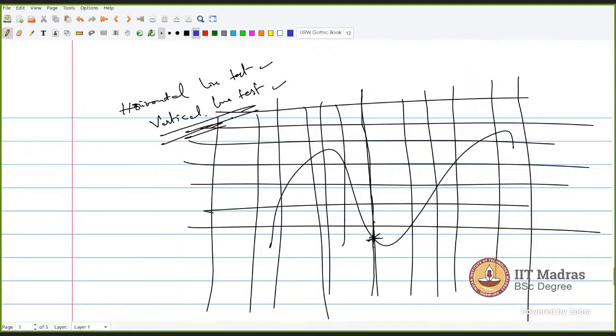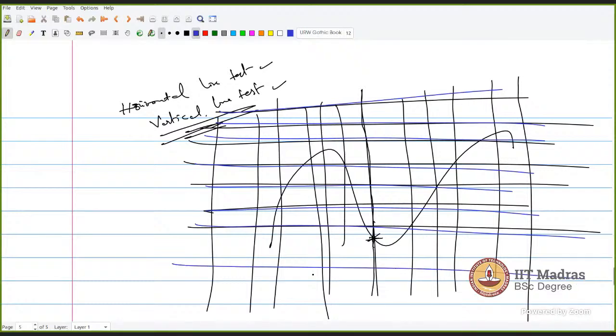Okay, I will use a different color. So I can draw like this. You can draw any line. Even x equals 0, or y equals 0, is also a line, a horizontal line. So if you see here, I am drawing this particular line, right? When I am drawing this particular line,